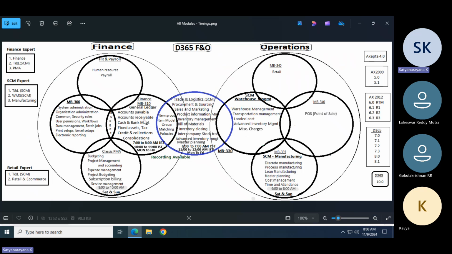I will teach finance, SCM, trade and logistics, warehouse management, project management and accounting, and manufacturing also. All these 5 modules I will teach in different time zones, like 6 to 7 and 7 to 8. And this PMA I'm going to teach you Saturday, Sunday, 8 to 10, and manufacturing 6 to 8. So this is about me.